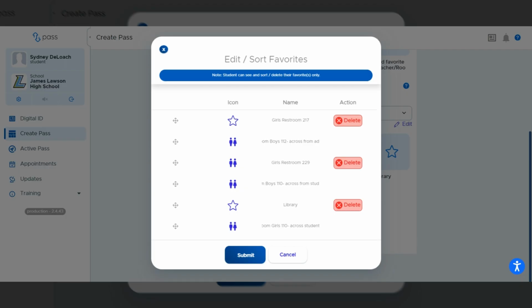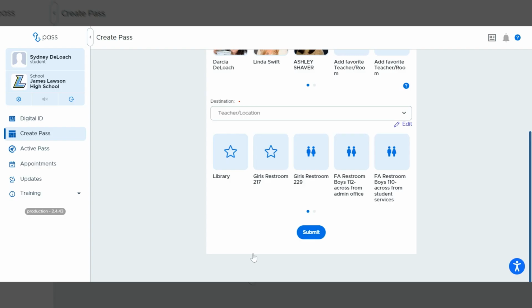Let's say that I really love the library the most. Come down here and click and kind of hover on it, and you literally are dragging it to the top. And now the library will show up first. Then let's say that you really like, I don't know, restroom 229, and you want to move that up. You can then submit, and from there, they are now your top 3 favorites. After that,